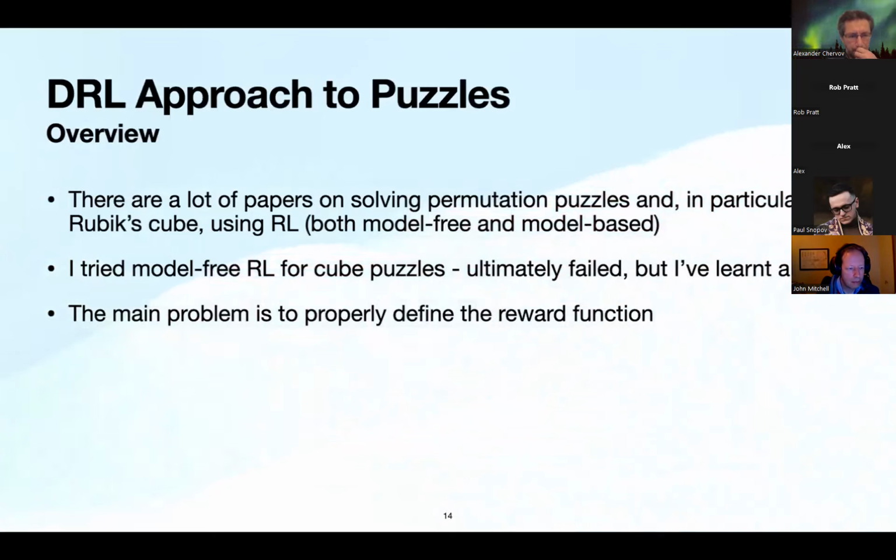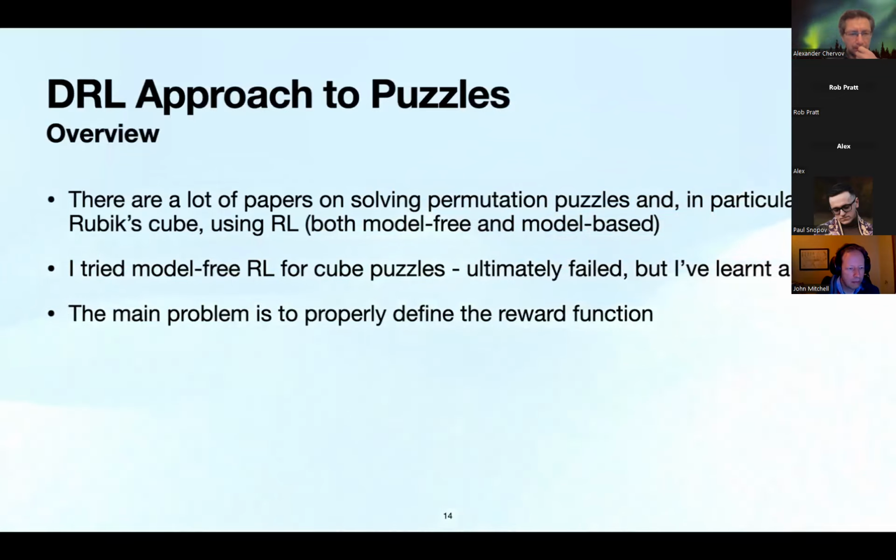There were some kernels on Kaggle that tried to use some Alpha puzzle or Alpha Cube, I suppose, some network, some approach that is quite popular, but it wasn't really working well. Anyway, there are a lot of papers on that, both model free and model based approaches. I tried a model free approach and I failed, but I learned a lot of things from RL, so that was my main motivation to do that.